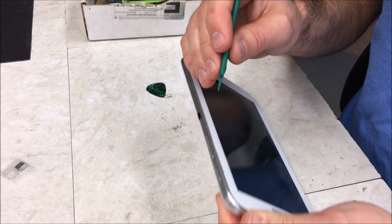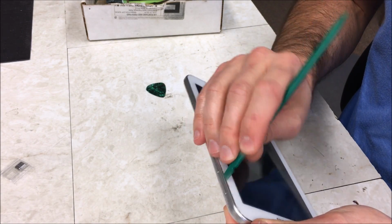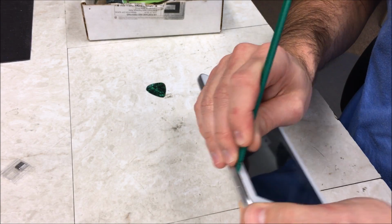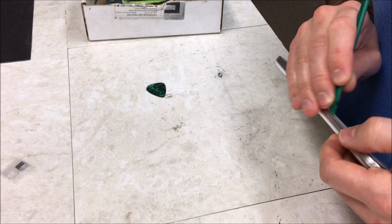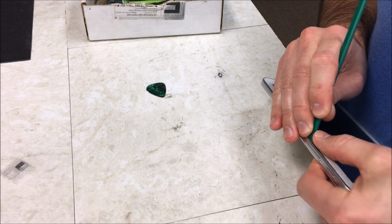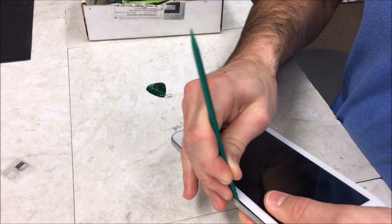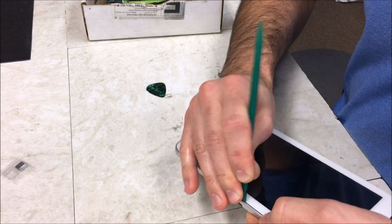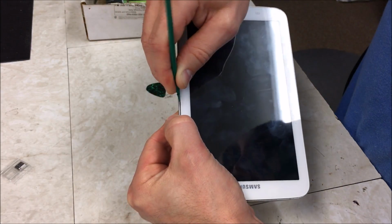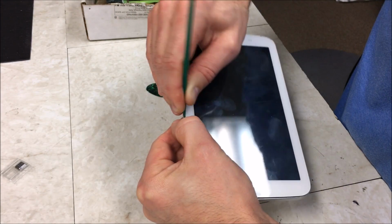So you do have a little bit of flex with this. If you want to use this tool, this seems to be the tool that I've been having the best luck with here. There's a little bit of flex because it's plastic, and then you just want to push out. And you'll feel it and see it when those clips come out. So like there's a clip right there. So if I kind of push it in and,